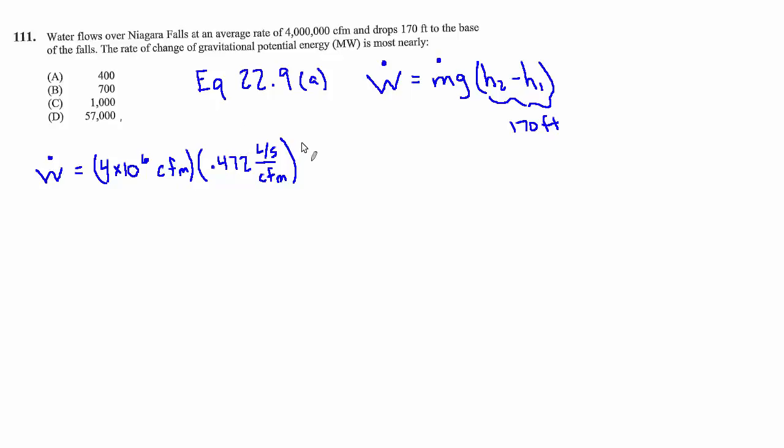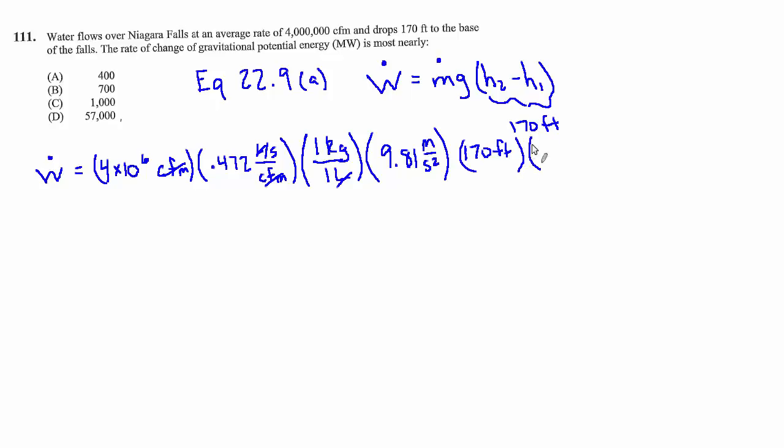And then the convenient thing about SI units, there's many convenient things about SI units, but one of them is that a liter of water weighs 1 kilogram. So now we have a mass flow rate because we got rid of CFM and we got rid of liters, so we now have kilograms per second. And now we want to multiply by gravity, which is 9.81 meters per second squared. And now we need that height, so that's 170 feet, and we need that in SI units, so meters would be better. So times 1 meter, a meter is